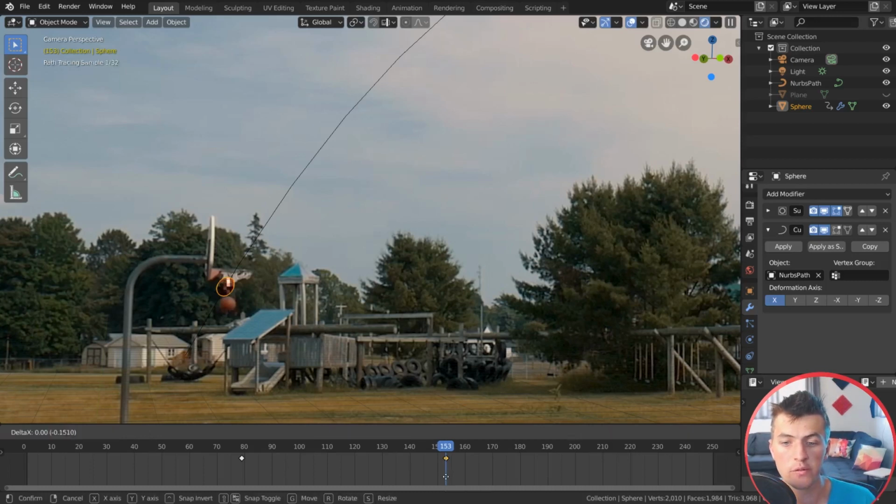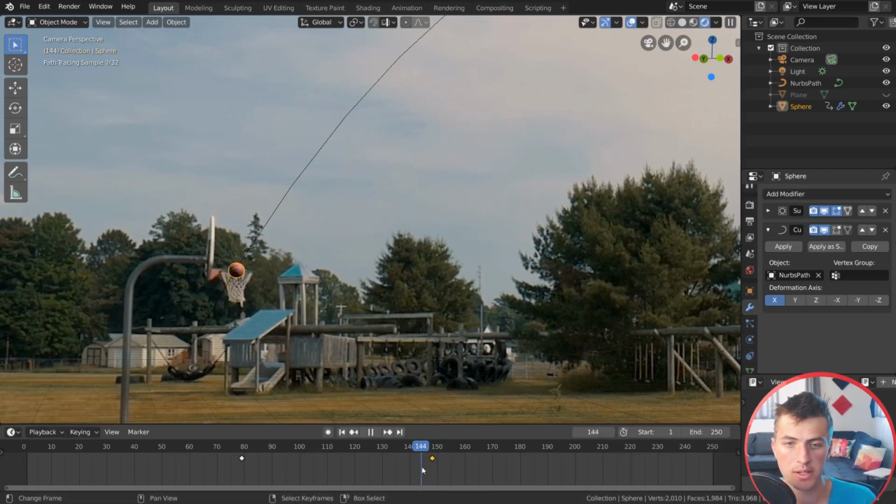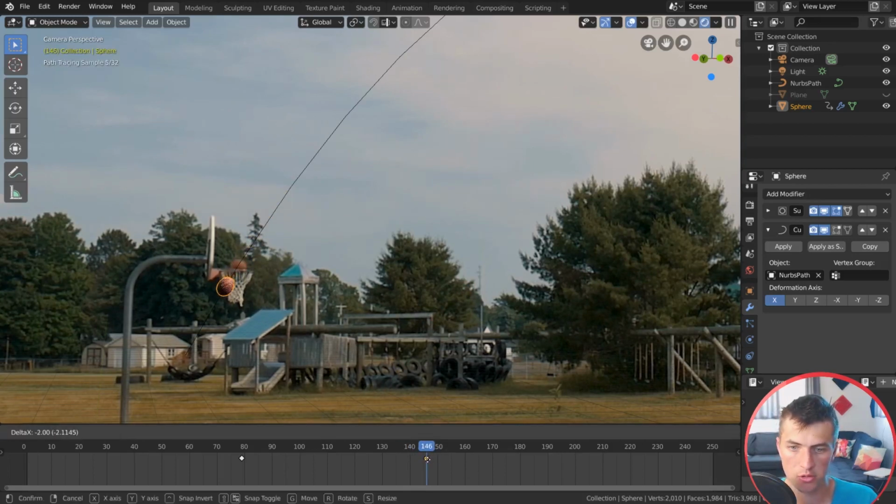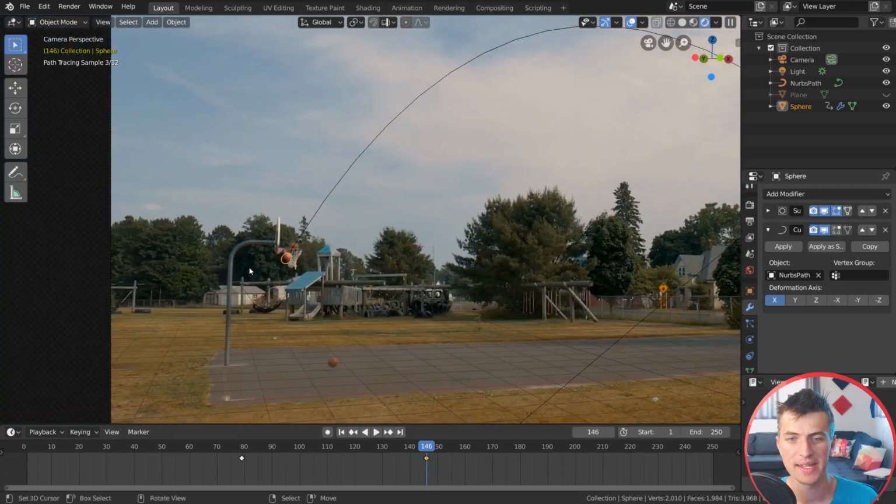Now I do want to just move this last keyframe up until it's hitting at the exact same time that the animation starts on our scene here, which is frame 146. So this ball should really be there at 146. Okay, so that keyframe is set right at the point where that ball appears on the net that we spliced